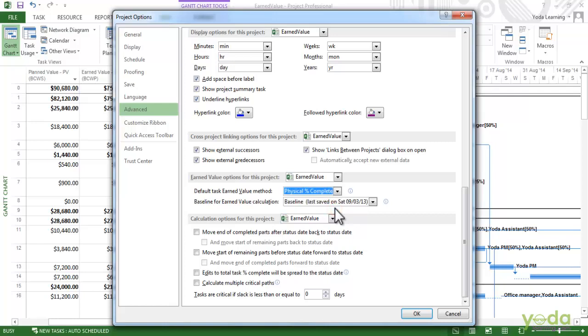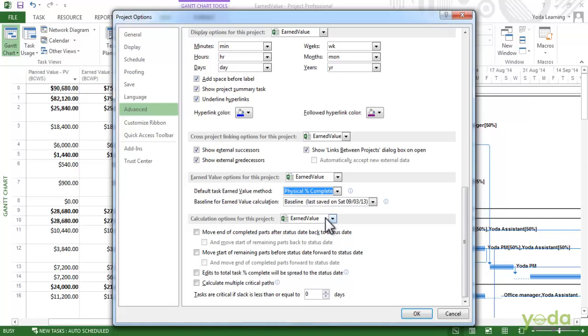Some people actually go with just 0% or 100%, so a task is incomplete until it's completely done, or you can limit it to a small set of values like 0, 50, and 100. In that case, a task that's unstarted is 0%, if it's in progress it's 50%,